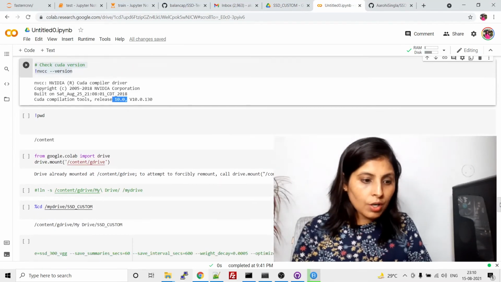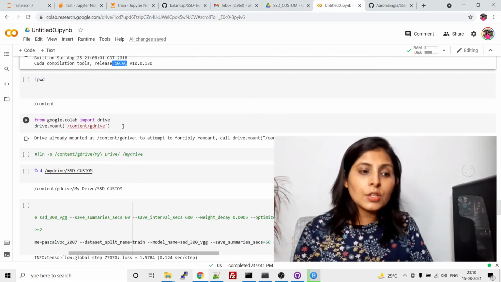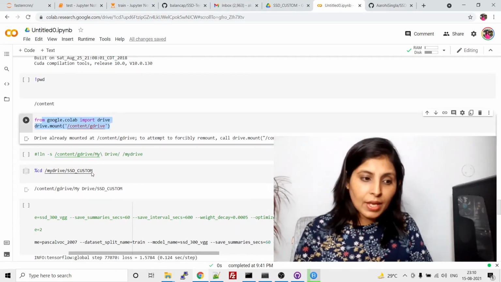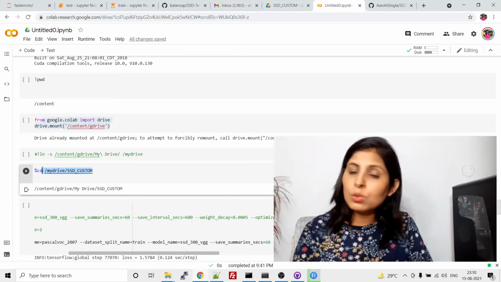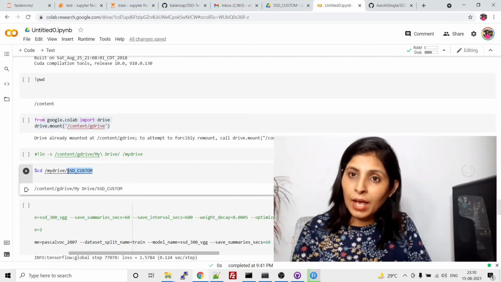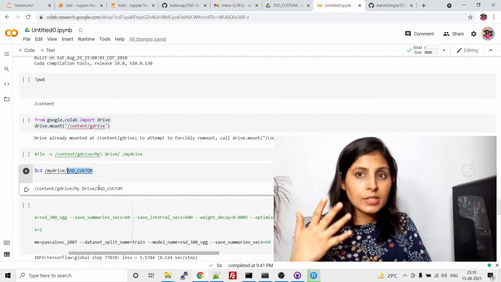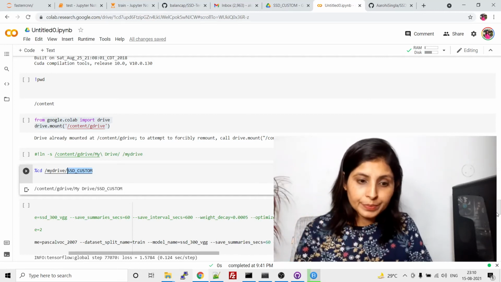Now what you need to do is, first of all, I'm mounting my drive and then I'm changing directory to the current working directory, where I have my code. So I'm just doing cd to it. Now I have entered the directory where I have the folders and files of the GitHub repo.